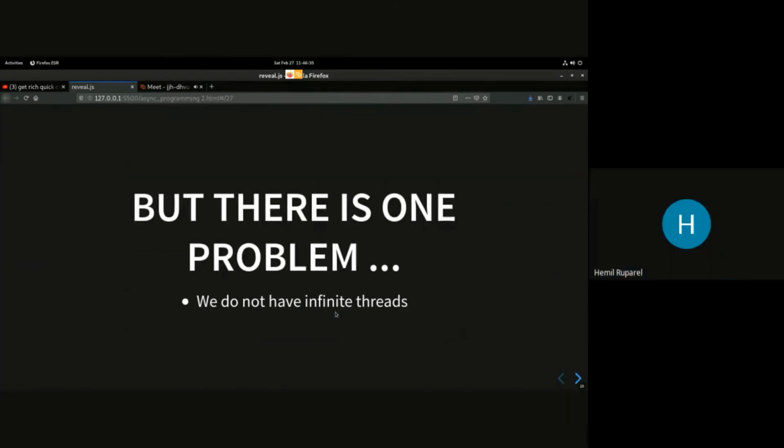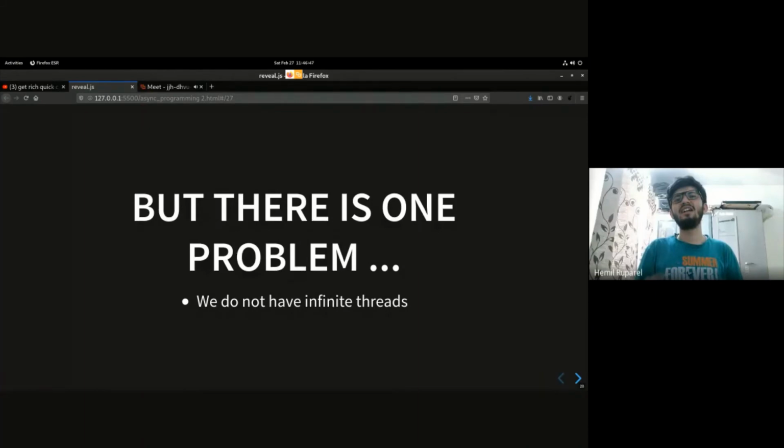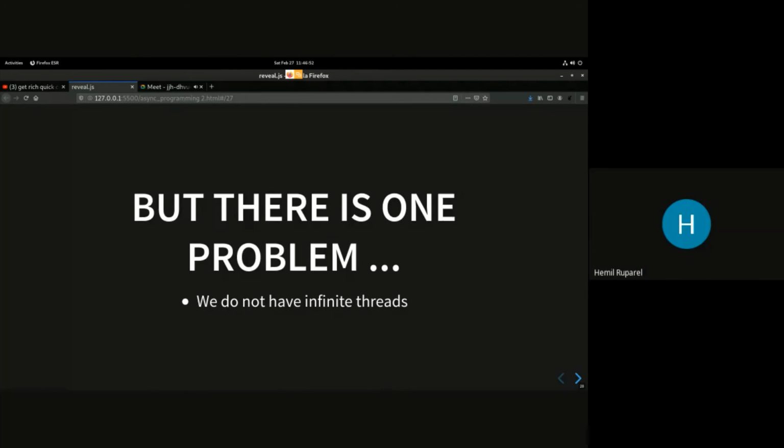Yeah, so I was going to come back to this point. We don't have infinite threads. For every task that we want to perform in the background, we cannot create a new thread, because not only does each thread have its own stack, so you are using memory, each thread needs a space in the operating system. The operating system needs a data structure to represent the thread. Plus, the more threads you have, the slower the scheduler will run, because at the kernel level, the kernel wants to give each thread a fair chance to execute. And so you cannot have an infinite number of threads.